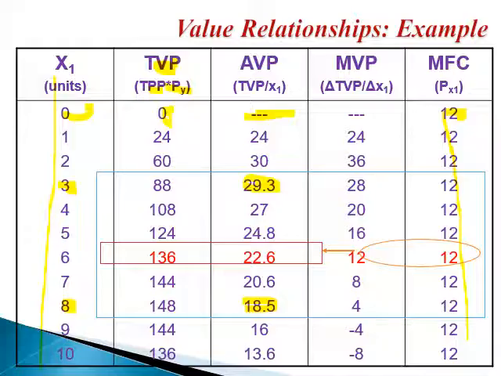What is marginal value product? Again, it is the delta total value product divided by delta x1, or the rate of change of total revenues with respect to x1. What will happen to total revenues or total value product when the level of x1 goes up by 1 unit? Okay, or it is the rate of change of total value product with respect to the level of x1, or it is the first derivative of the total value product function, or it is the slope of the total value product function. These are all names that correspond to marginal value product.